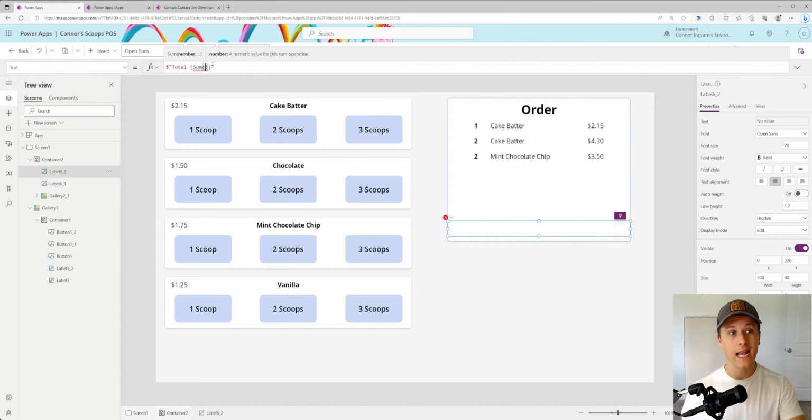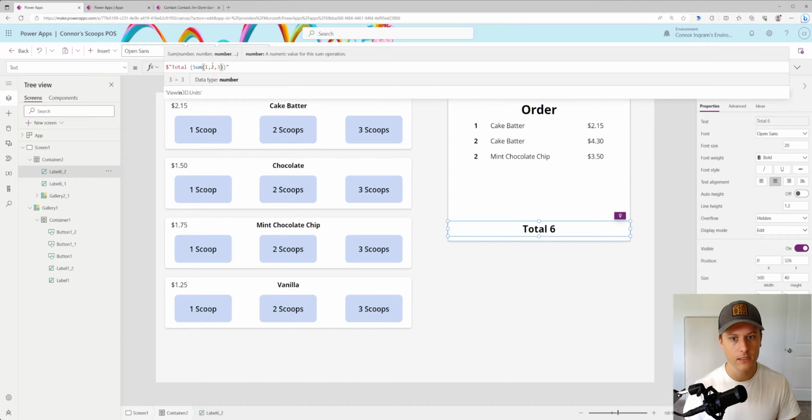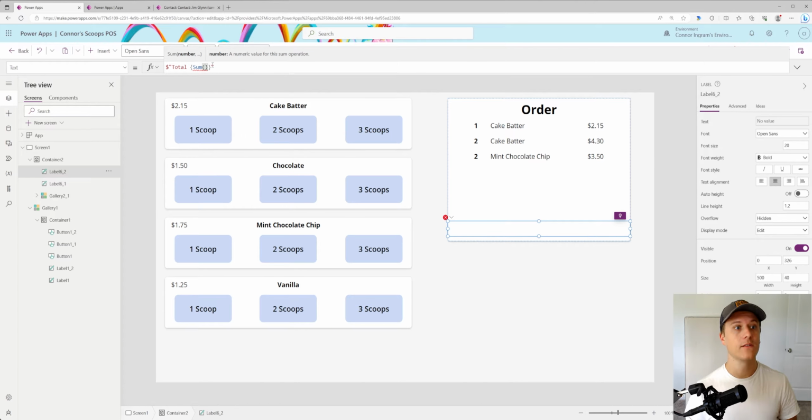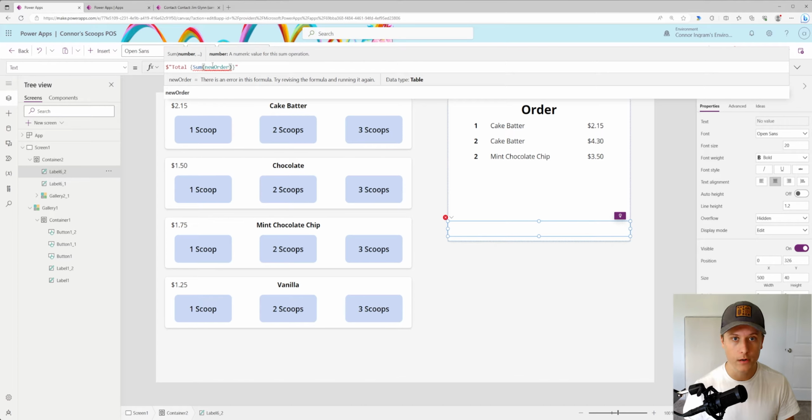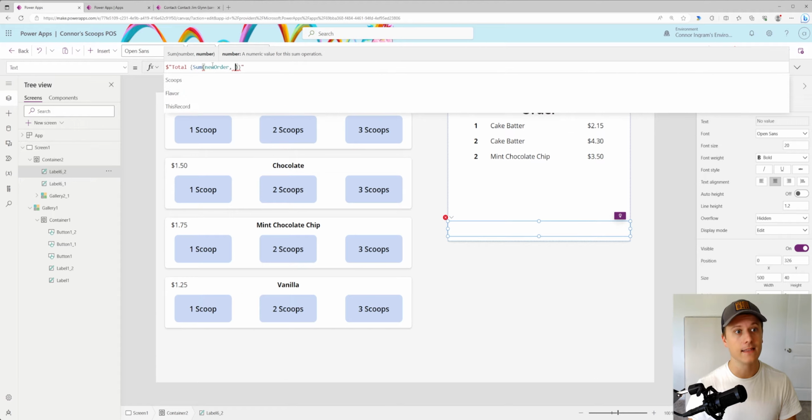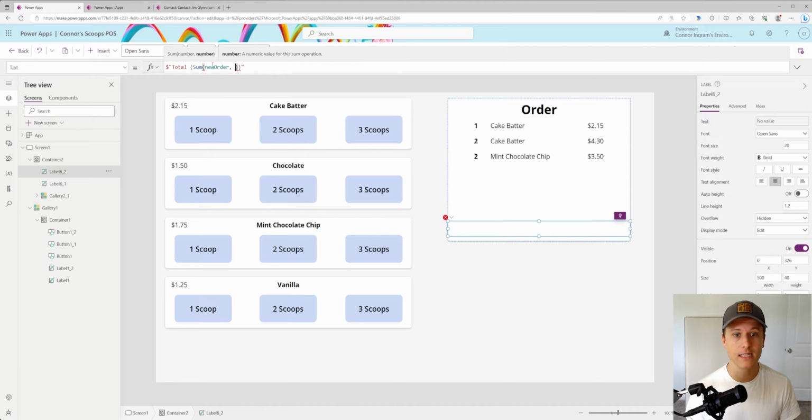The first parameter is asking for a number. The way this function works is you can either enter a bunch of different numbers in it, or you can feed the first parameter a table. In our case, that's going to be new order, our collection. And the second parameter is going to be the name of the column that you want to add, which in our case